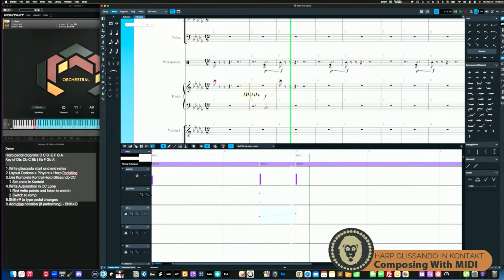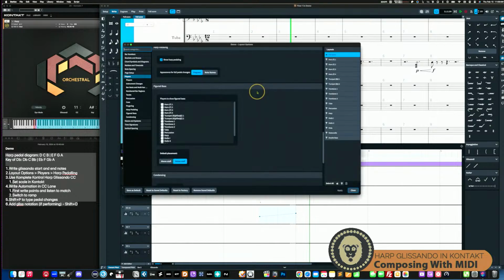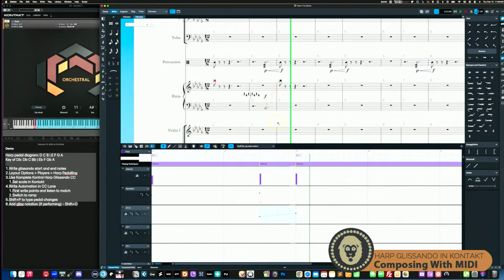So, layout options. This is where you show the harp pedaling. If you don't see a harp pedal example, you do actually sometimes need to go in and type that in. The way you do that is you select a point in your staff, and you, what was it? I think Shift P. Yes, it's step 5 down here in my little to-do list. Shift P